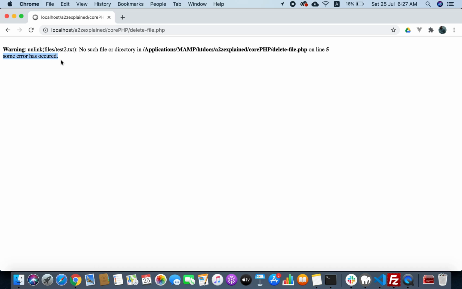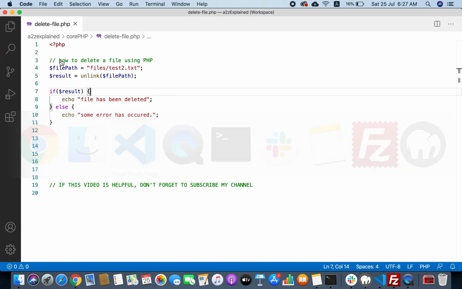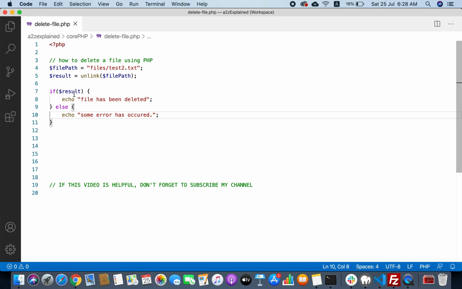This is actually printed through our script using this line, because it tried to delete this test2.txt file, but as we already had deleted it, when it tried to delete this file once again, we received false in this variable.